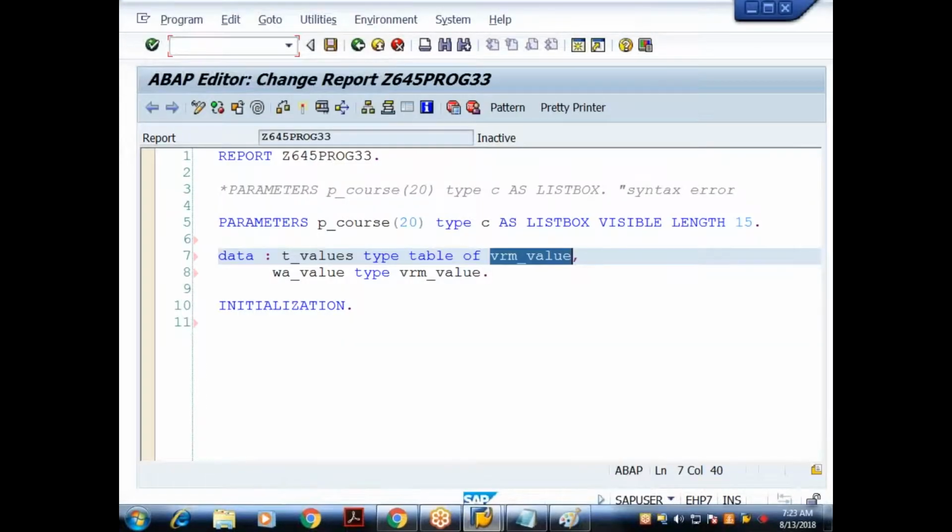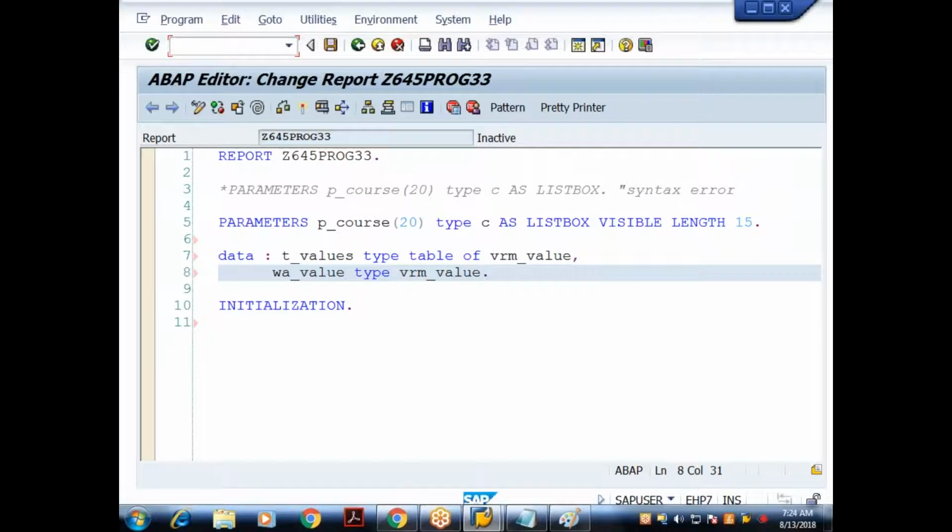Just like last week, whenever we use the components of an include program, we have to include that program in the current program using the INCLUDE keyword. Similarly, whenever we use the components of a type group in our program, we need to declare that type group.